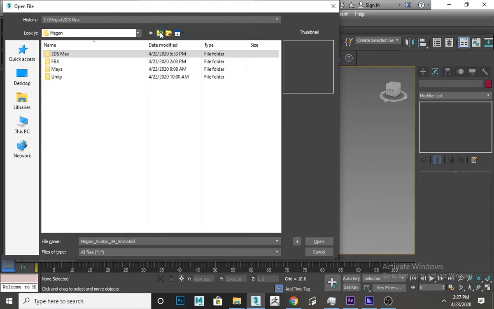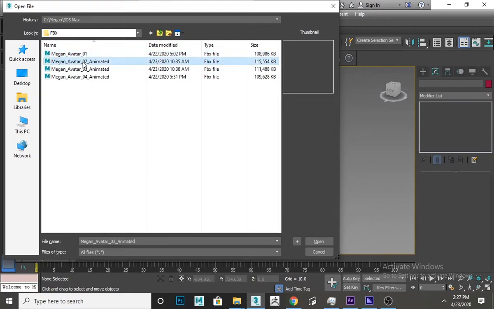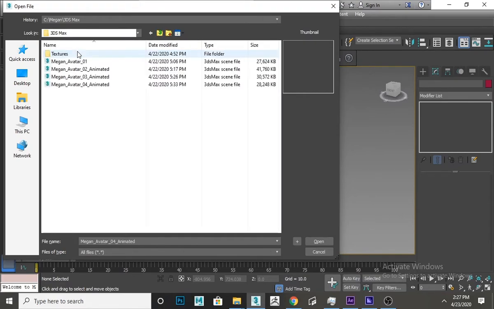There are also 4 FBX files if you are using a different 3ds Max version. These FBX files have textures embedded into them. The first one in T-pose and the other 3 animated. They are essentially the same as the 3ds Max scenes. So if we open the first scene from the 3ds Max folder,